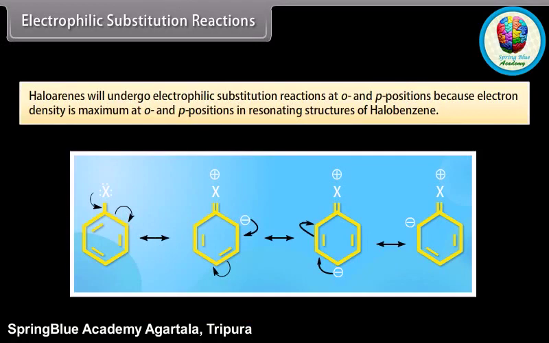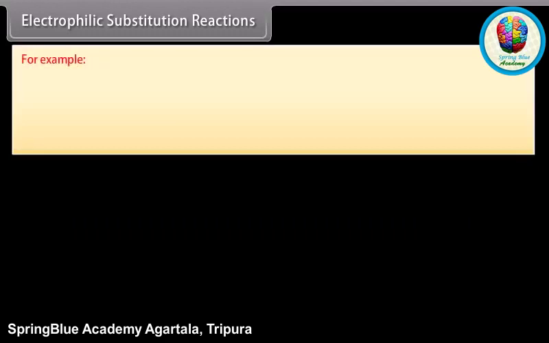Electrophilic substitution reactions. Haloarenes undergo electrophilic substitution reactions at ortho and para positions because electron density is maximum at ortho and para positions in the resonating structures of halobenzene. For example,